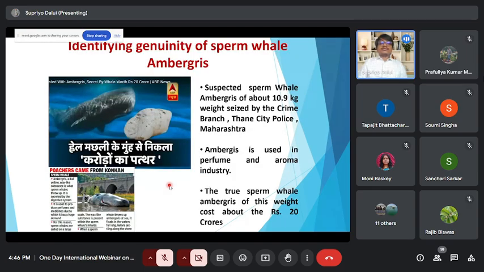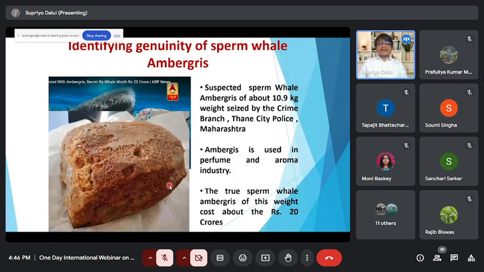So ambergris is a very interesting item. It has a very high demand. So ambergris আর কিছুই না, it's actually whale vomit বা তিমি মাছের বমি, তাও একটা পার্টিকুলার তিমি মাছের বমিকেই স্পার্ম ওয়েলের বমিকেই ambergris হিসেবে কনসিডার করা হয়, and it has a huge demand in the market because of its aromatic components, because it is used in the perfume industry and aroma industry. But this is not easy to find in nature. তো সেক্ষেত্রেও কি হয় যে প্রচুর ইলিগাল মার্কেটে এইটার ফেক মেটেরিয়াল তৈরি করে বিক্রি করার চেষ্টা করা হয়।